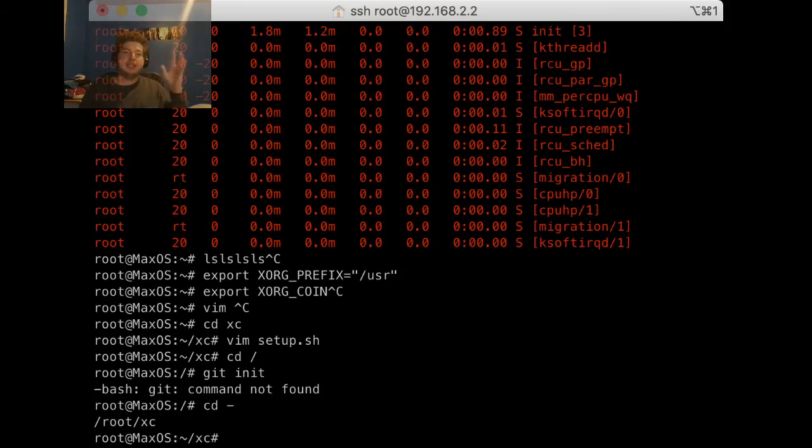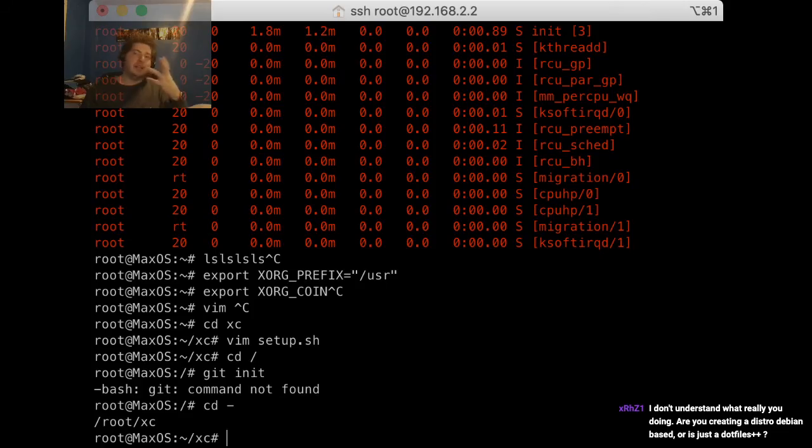I just dd'd the whole file system, so I could distribute that, but I wouldn't know how to make a Git repo out of it.